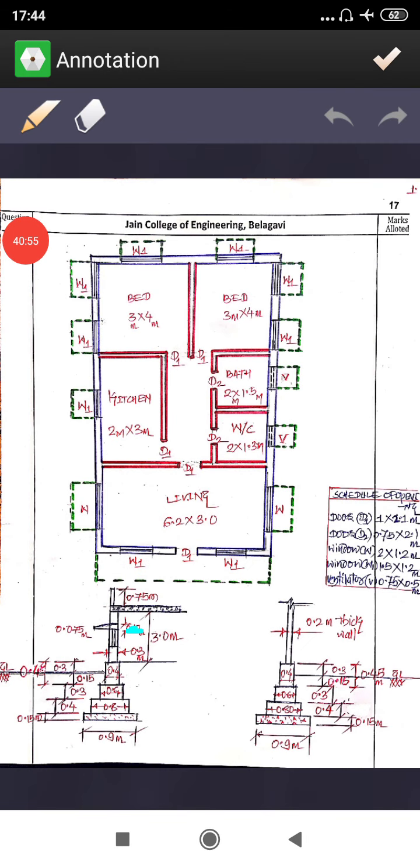You're supposed to do the deduction for internal plastering also. Now see here, this door is there, and this door's one side only you are supposed to deduct, right? And these D1, 4 numbers which are there inside, you are supposed to deduct two faces, this side one face and this side one face. Similarly for D2 also, you are supposed to deduct two faces, right? And for the remaining windows, one side face only you have to deduct, as we have taken the external plastering. So that I am going to show in detail.